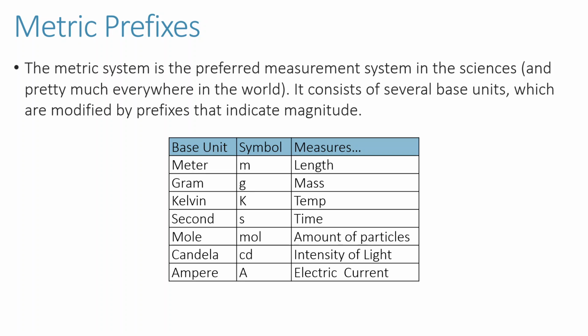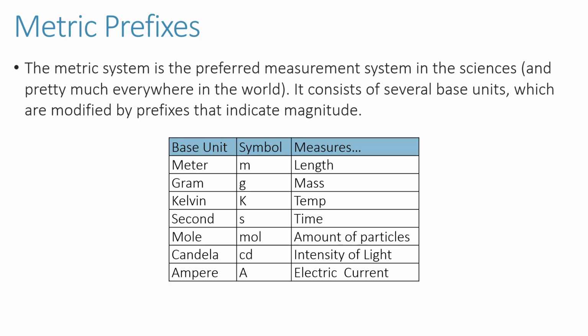And these ones might not be so familiar to you, but a mole, abbreviated mol, is amount of particles. So we use it to count atoms or molecules or ions. Candela, cd, is for intensity of light, and ampere, A, is for electric current. So these base units can be used to measure any of these quantities, and I can use a prefix to